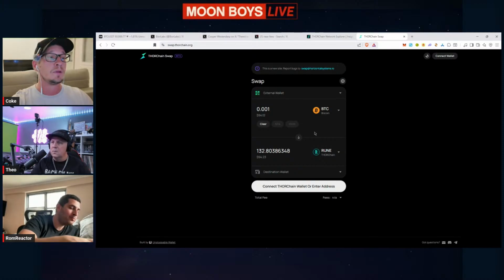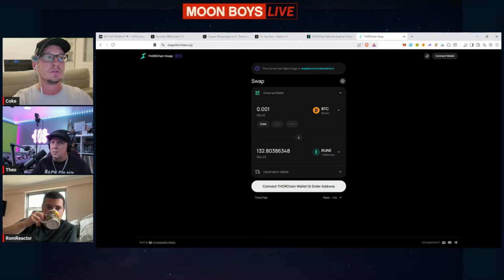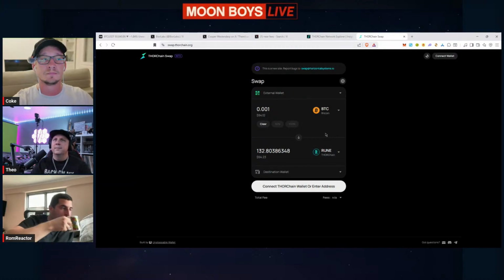You can safely swap. Limit swaps. So that's again, there's nowhere you can do decentralized limit swaps. You can do it on Binance, but you cannot do it on Chainflip. Yeah, at the moment on ThorChain as well, you can't. And I don't know anywhere else near. You cannot have a limit cross-chain swap.